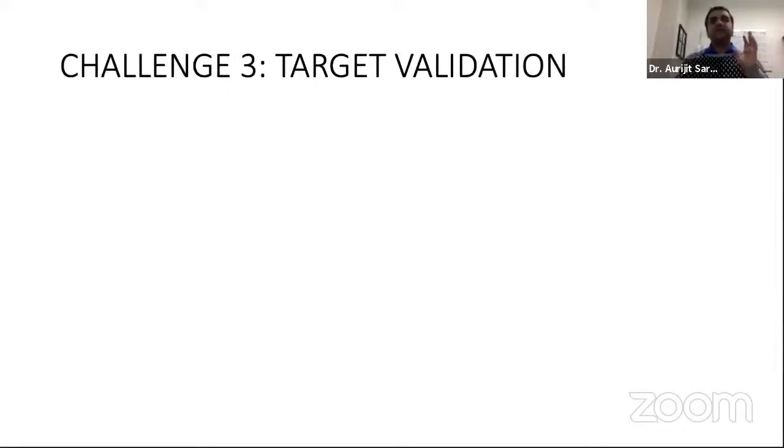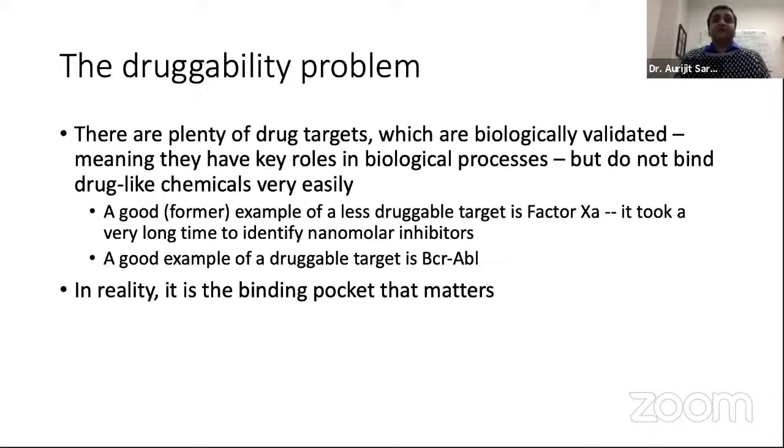Okay, the last one, target validation. I'm going to do this quickly, and I know I'm running a bit behind because of various issues. So the question we are asking ourselves is, what do we screen against? We're going to do a virtual screen. We've accepted that we can do ligand-based screens or docking and scoring screens, maybe a few other things also. But what do we screen against? That's the other question you need to answer.